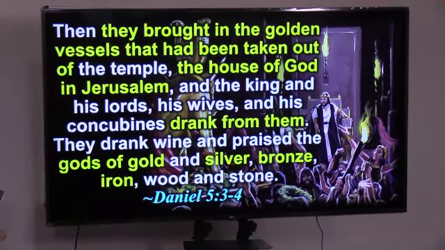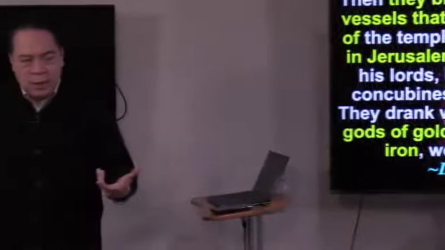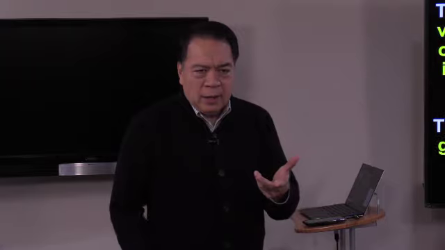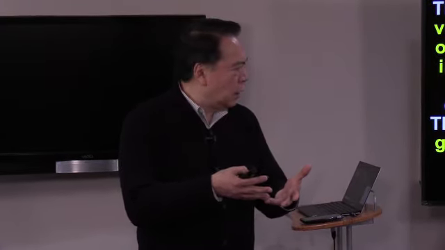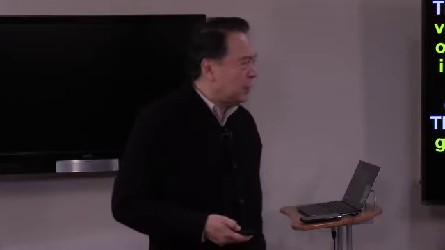You got to understand this. It was already sacrilegious. There was a blasphemous act of bringing the articles of the temple of the Jews from the temple of Marduk, so they could drink from this. While they were having their orgies, they were having this decadent banquet. And aside from bringing in the articles, the vessels of God, of Yahweh, while drinking, they worshiped other gods. To add insult to injury, there was an in-your-face sin, a high-handed sin.